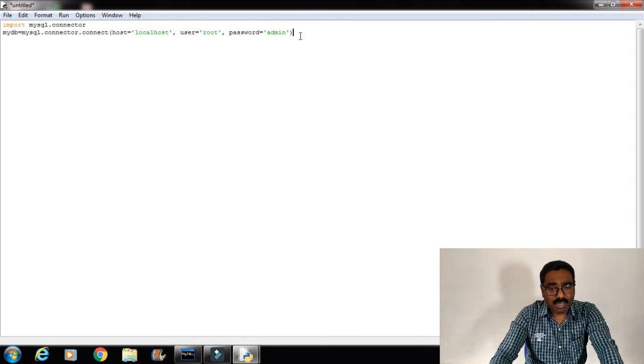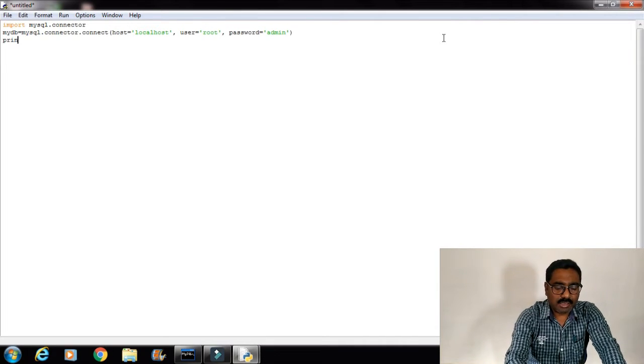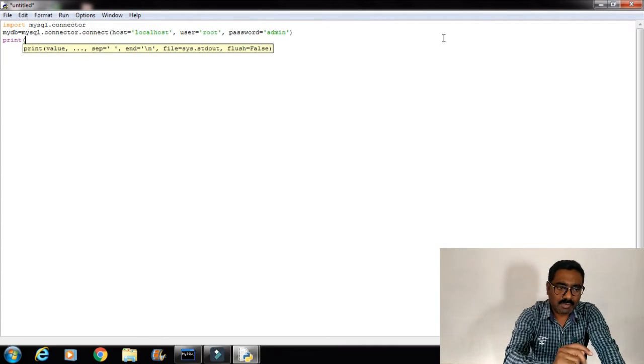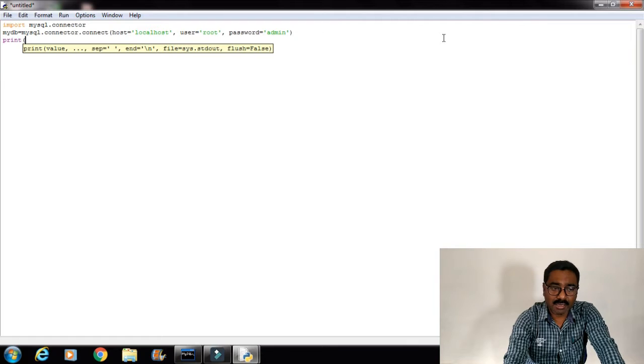Now next, suppose I want to check whether the connection is done properly or not. For that I am going to print the connection ID. For that purpose you have to write the command print. Print is the command of Python. You have already used the print command.